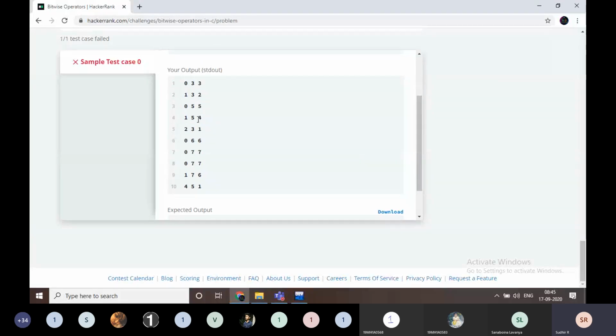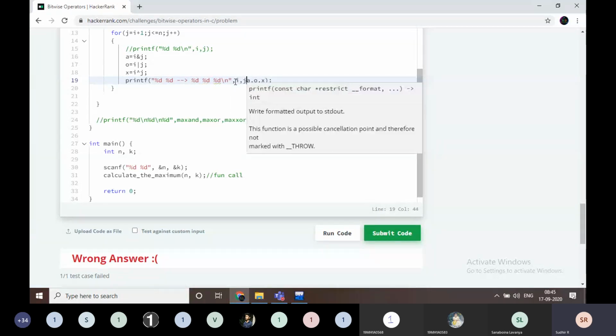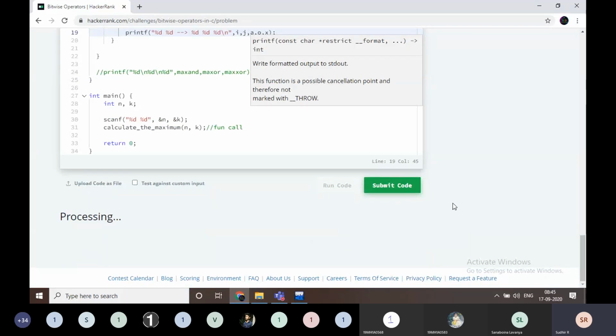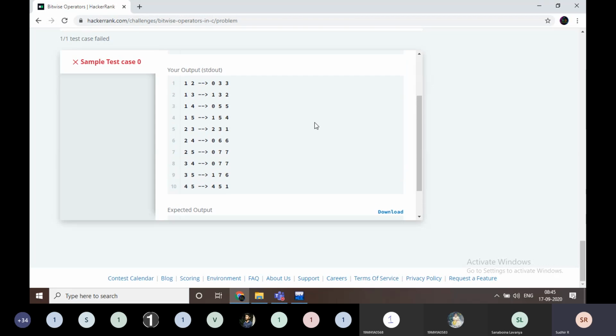These are the XOR values. For example, if you want, again percentage d, I am going to write like this, for example, i comma j. I am going to execute it. Just look at here. If the values are 1 and 2, this is AND, OR and XOR. Yes, this is the output, right?